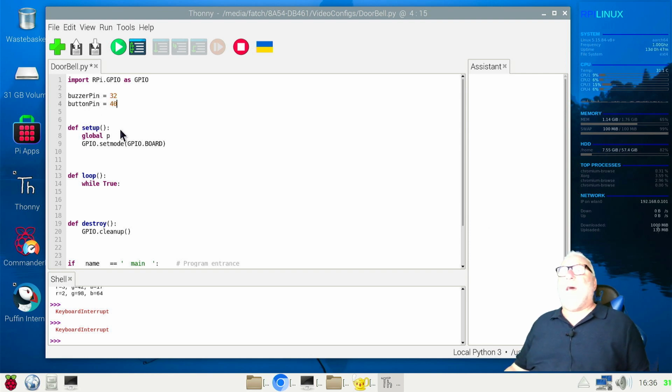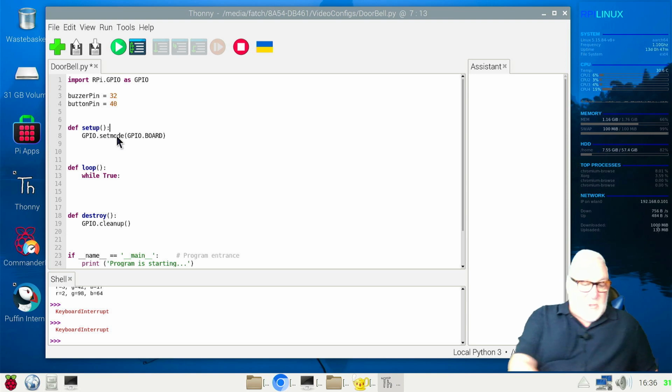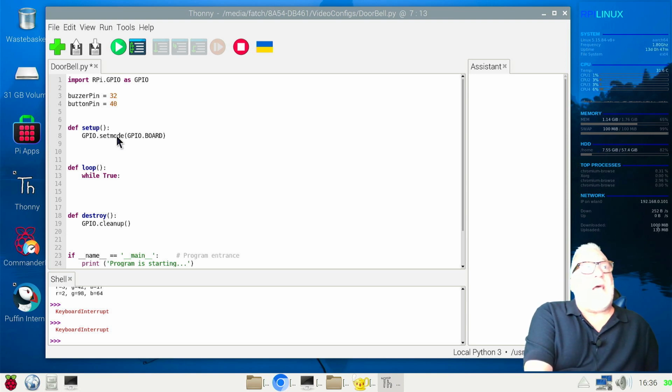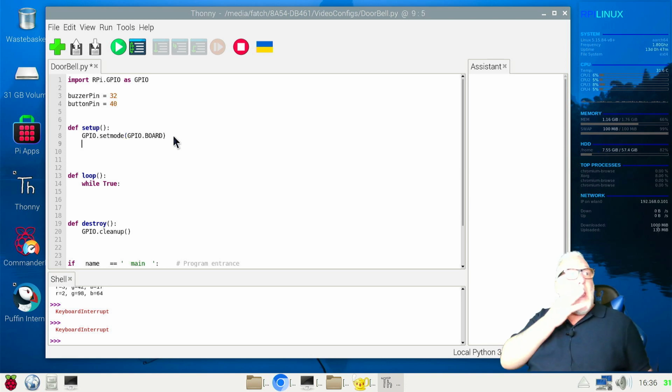So we've named our attributes. We do not need the global, so we can take that out. But we do need to set up our physical pins. So it's GPIO.setMode board. The physical pins board being capitals. Right. And now we need to do our